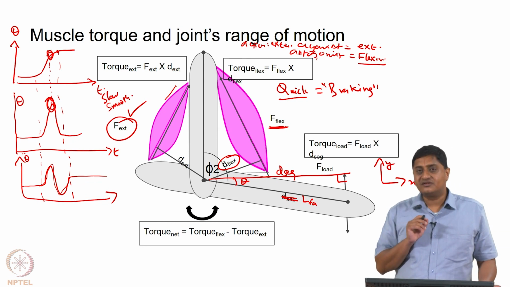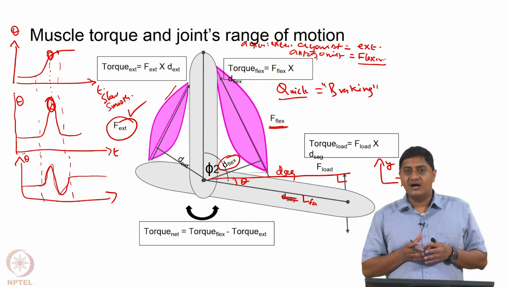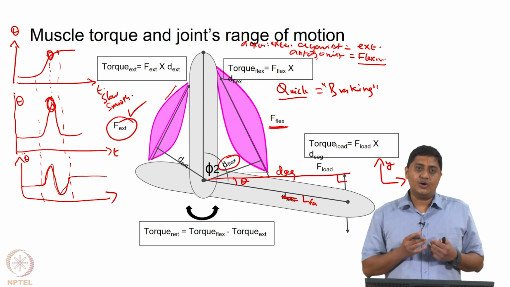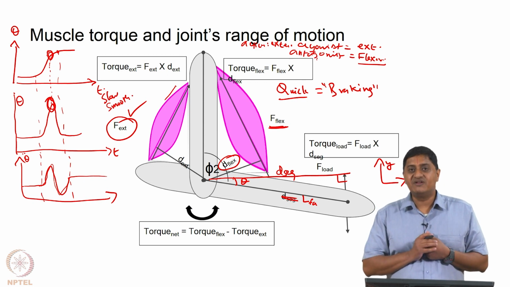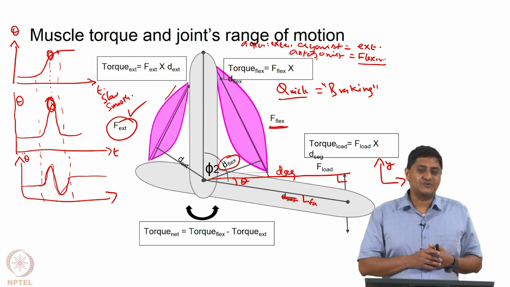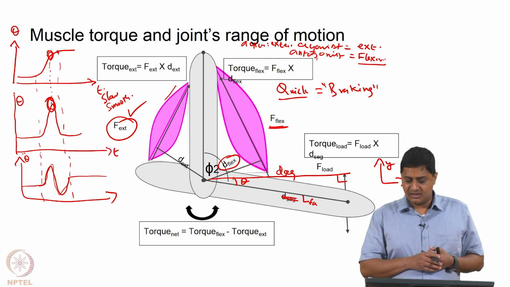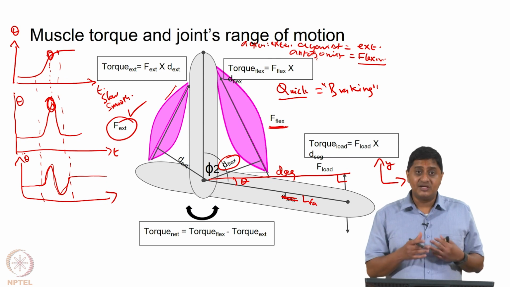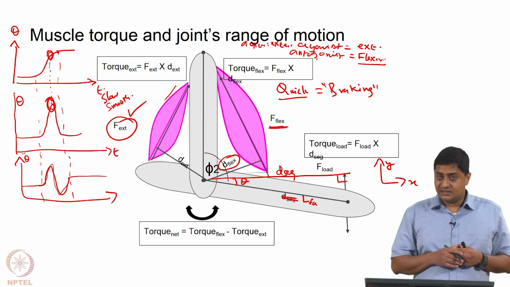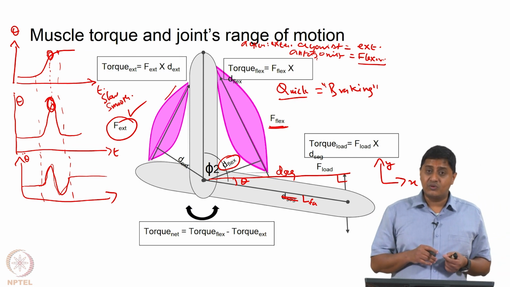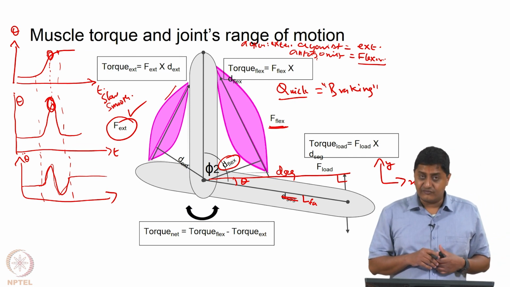Now, essentially this means that there is a synergy, a coordination between muscles. Actually we have discussed only the simple case of two muscles. Actually both the extension and flexion can be produced by multiple muscles. That means that there are many ways in which you could overcome the forces or the loads, but that also